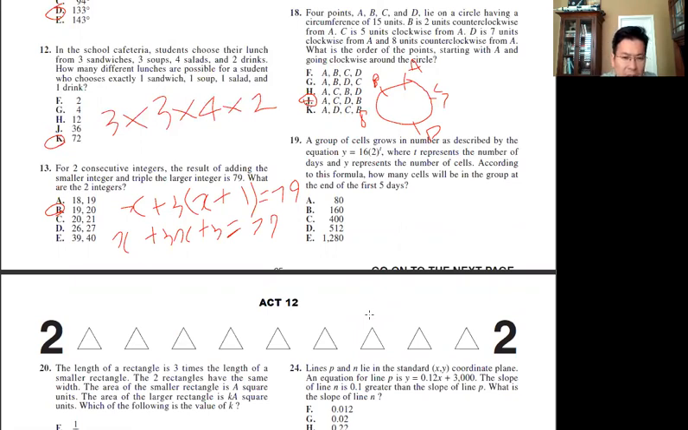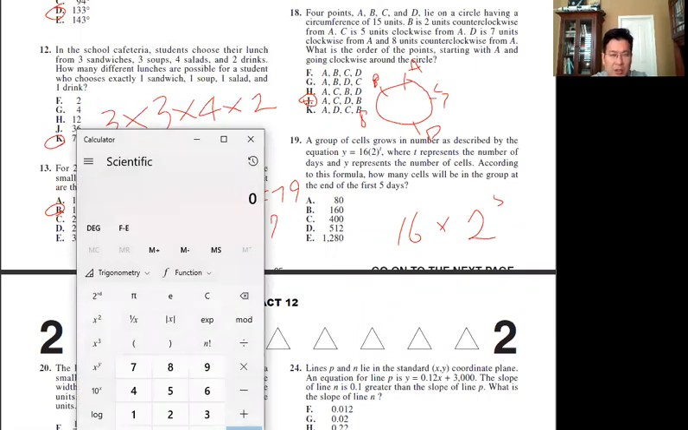According to the formula, how many good? This is 16 times 2 to the 5th power. So 2 to the 5th power is what, 32 times